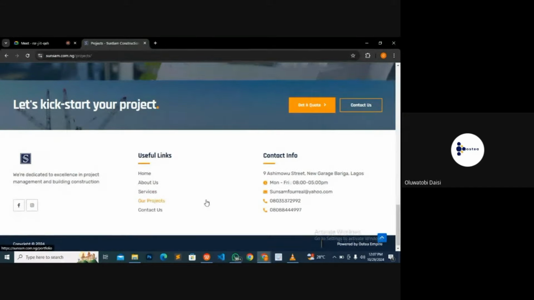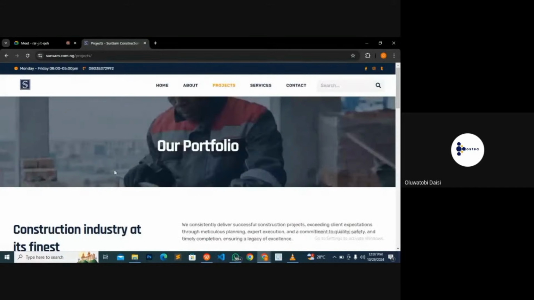We'll get to it. Okay, so your about section, for the sake of time, I'll just explain, is supposed to include something that gives the audience information about the company. So when people read it, they know what the company stands for. All right. Your services section should include the services that are rendered by that company. These are the services we render. This is what we do. Those are the things that we should have under the services page.